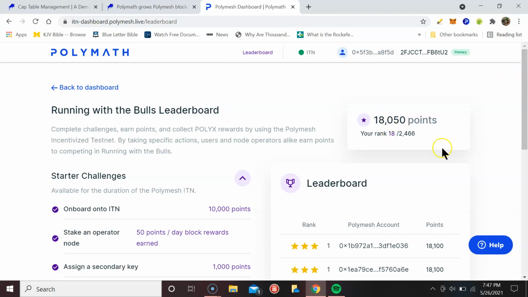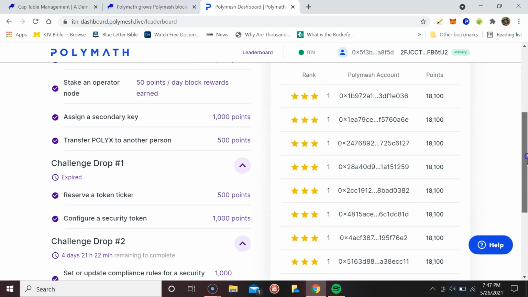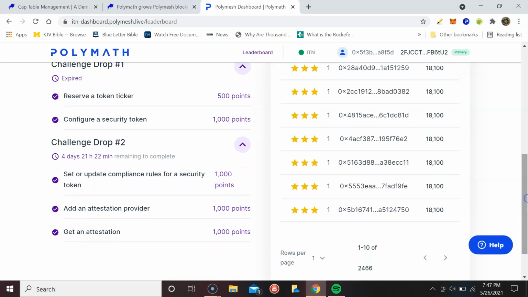Currently I'm on 18,050 points, rank number 18. If you haven't completed drop 2 yet, you've still got 4 days and 21 hours. So get onto that. Don't procrastinate. Let's get it done, because once that expires, you're going to miss out on those points, and likely you'll have to have completed these